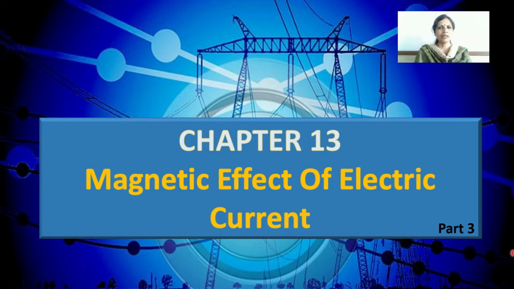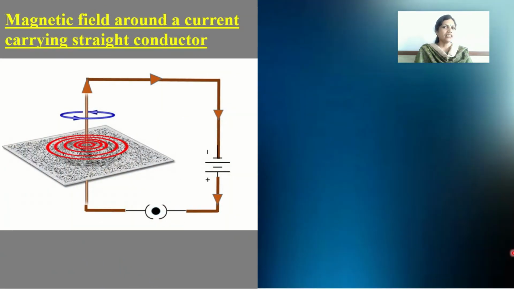We are discussing chapter number 13, magnetic effect of electric current. We have discussed the nature of magnetic field around a bar magnet and also nature of magnetic field around a straight conductor carrying current. We are going to move ahead with the topic and learn the new thing in today's session. This is what we have already learned in the previous video lesson, dear children,